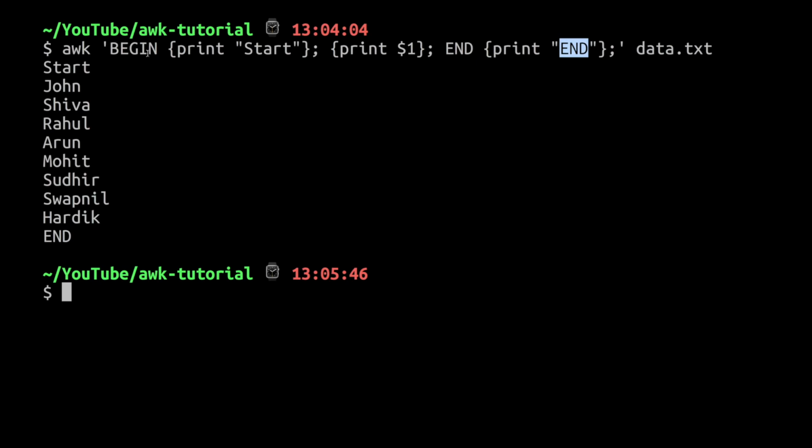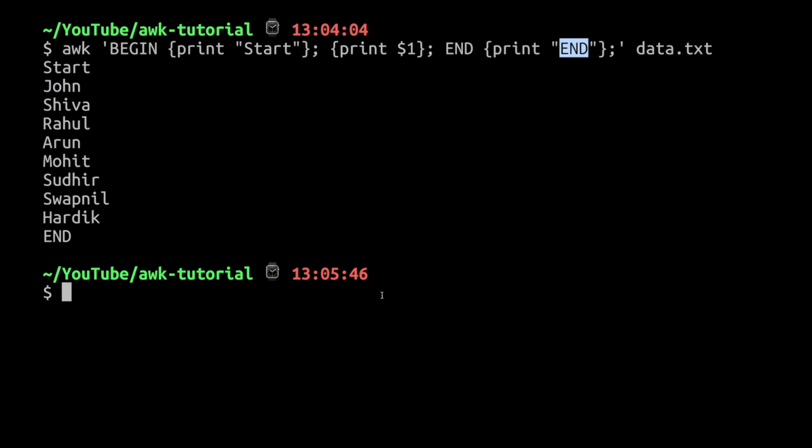In this way, you can have your pre-processing, and processing at the end, and in between you can have your processing on the records. This is how you can use the BEGIN and END special patterns in your program. So that's about this one.